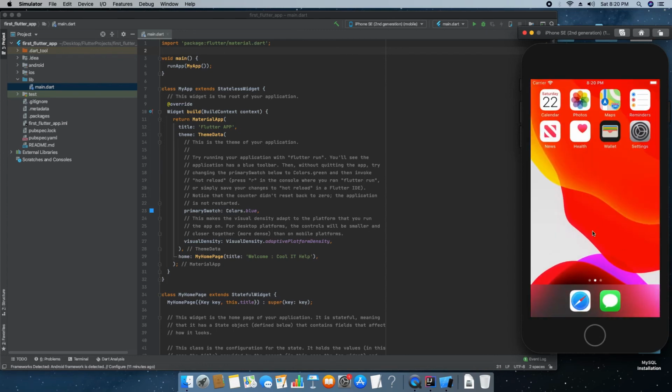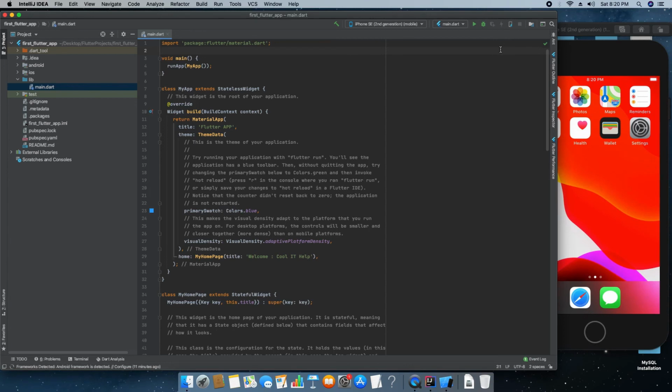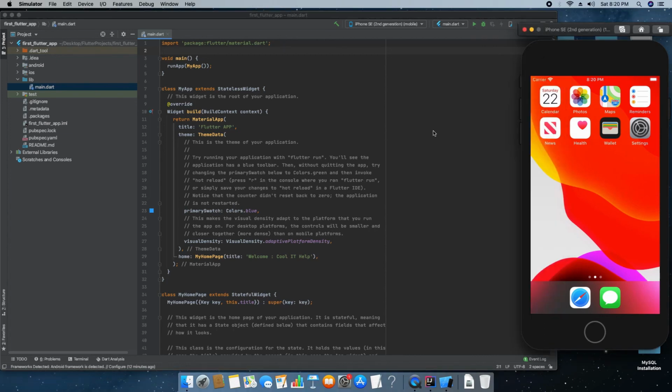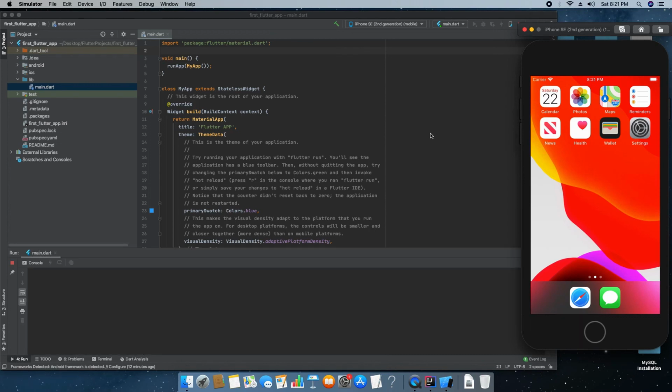Now we are ready to run. So go to this button, just click once to run the application on the device. So guys, I want to tell you, if you are running the first time on the iOS simulator, this will take much time.